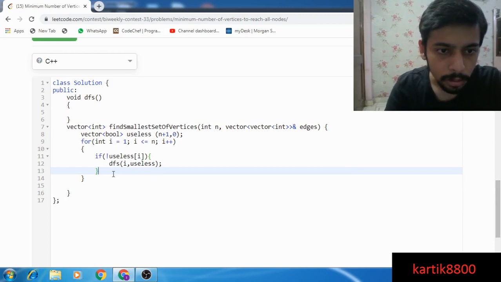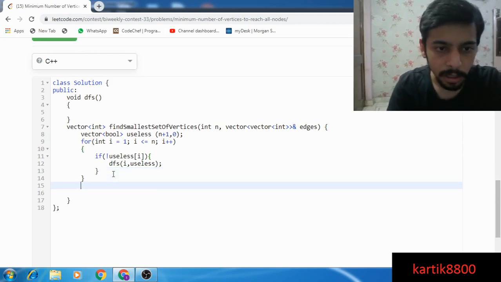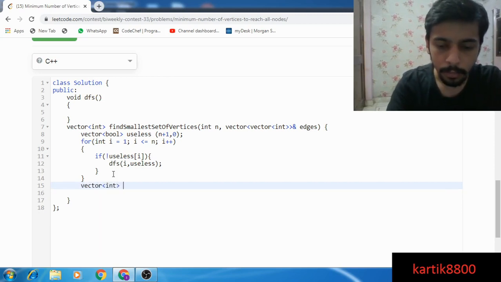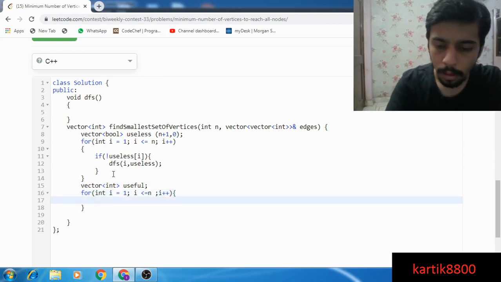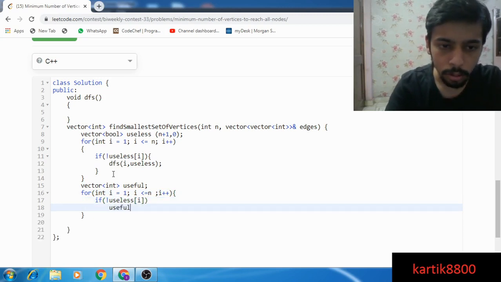Yeah, so if it's not useless, apply a DFS, and in the end simply print or return all the nodes which were not useless. So I could have a vector int useful, iterate through all these nodes, if not useless at i, then you insert it into the useful list.